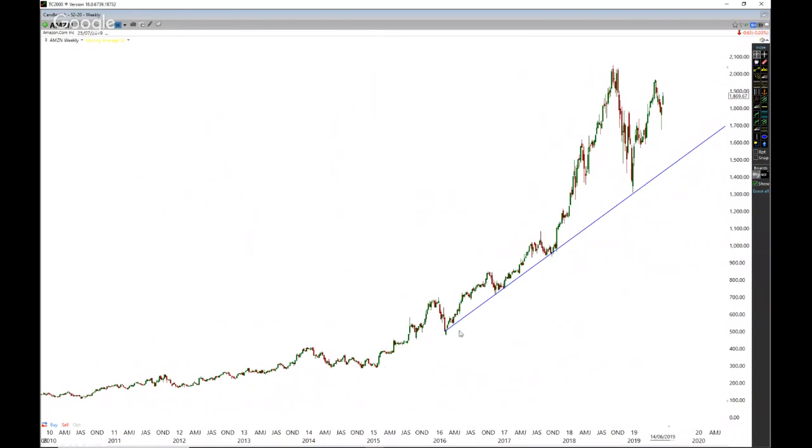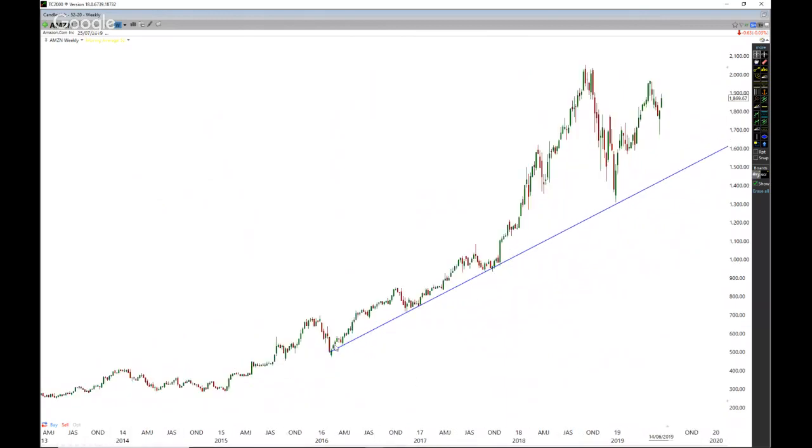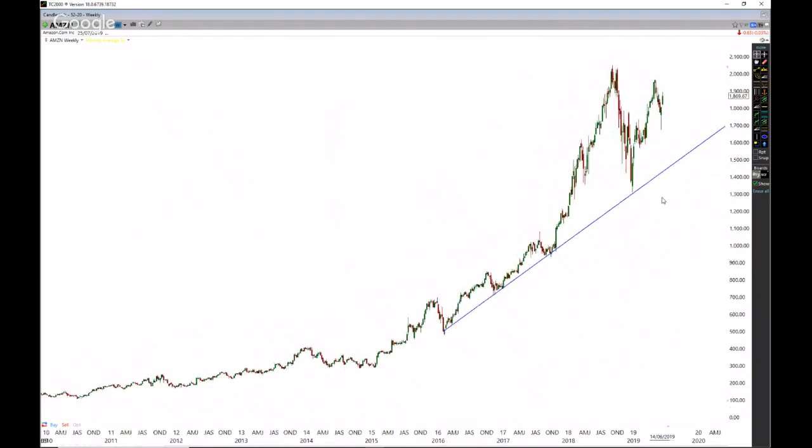So as you can see, I drew that trend line from there to there, didn't I? See how it's only had one touch, and that was it from here to here. Even if I draw it in a bit closer, see how it's only one touch. But if I delete that trend line and then start at this point here, I started from the very low point and then I drew it up. I'm like, okay, we can't start there. Let me start at the next higher low. And as you can see, this next higher low through here was the one that gave this really, really significant trend line through here.